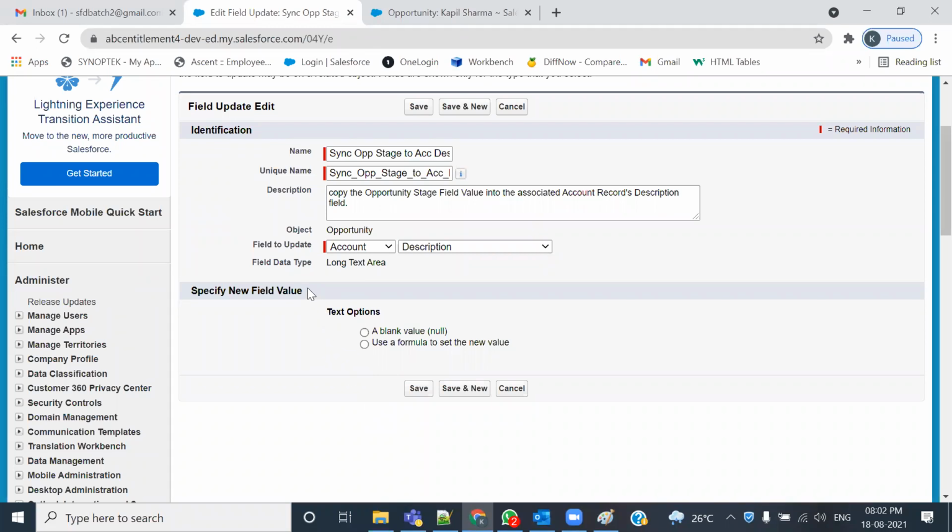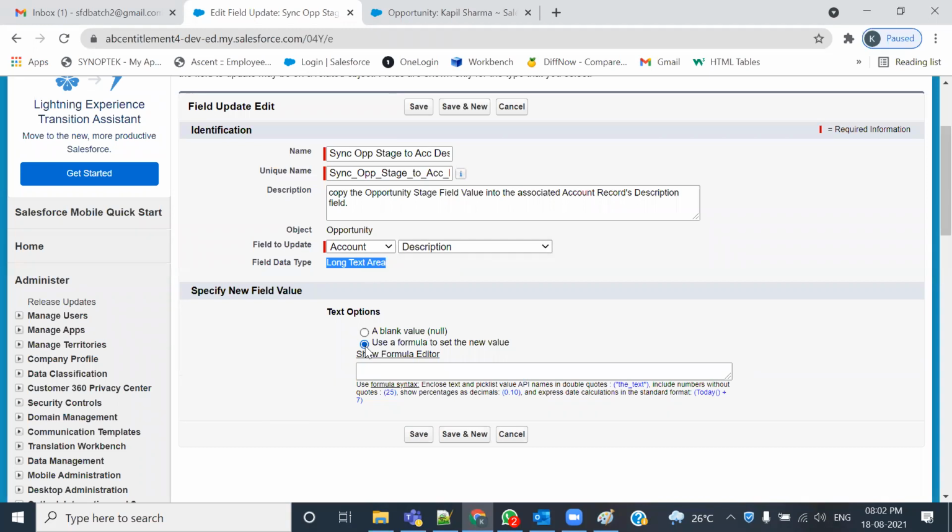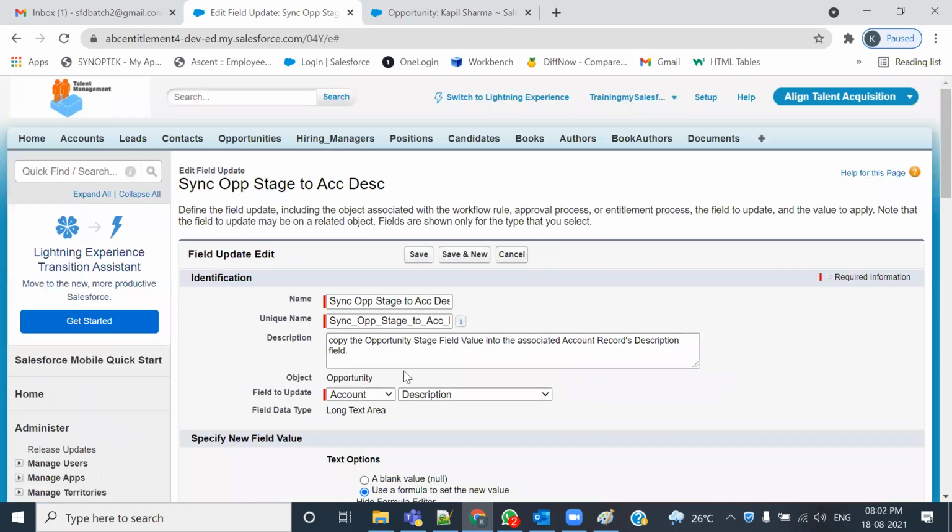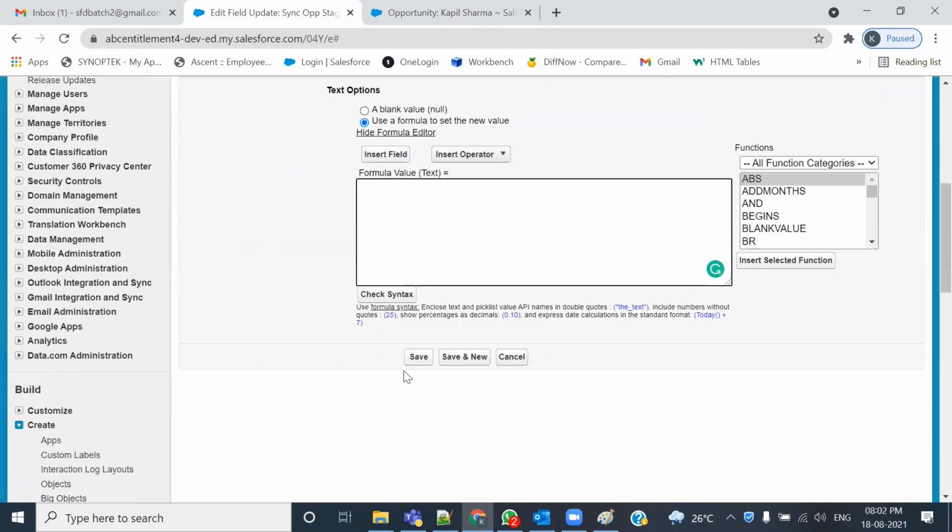तो अब जो ये फील्ड है इसका टाइप क्या है? इट्स अ लॉन्ग टेक्स्ट एरिया, एलटीए है, ठीक है। आप कैसे अपडेट करना चाहते हैं? किस चीज से अपडेट करना चाहते हैं? यू वांट टू हैव अ ब्लैंक वैल्यू, कुछ नल, या फिर एक फॉर्मूला? तो मैं एक फॉर्मूला चाहता हूँ। कौन सा फॉर्मूला? मुझे स्टेज की फील्ड ट्रांसफर करना है, ठीक है। तो अब अगर फॉर्मूला पता है तो टाइप करो, और अगर नहीं पता है तो गो विद दिस शो फॉर्मूला एडिटर, ठीक है। तो फॉर्मूला एडिटर की हम मदद लेंगे।